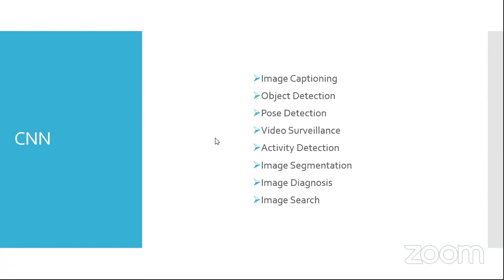A single object detection algorithm on image or video can be very helpful when it comes to trend analysis, video surveillance, or any traffic analysis also, right? So these are the different applications of computer vision where we try to deal with video or image data. Now, the algorithm which helps us in doing all these activities is a neural